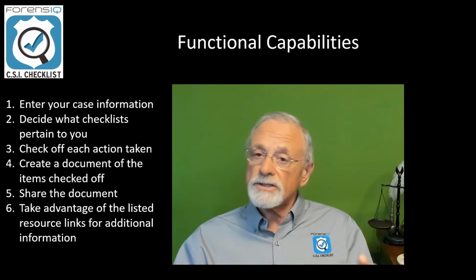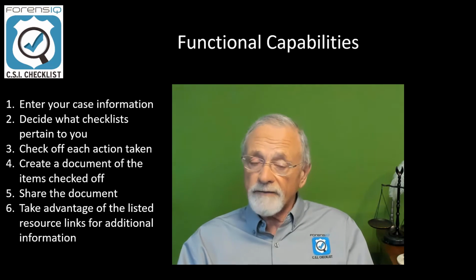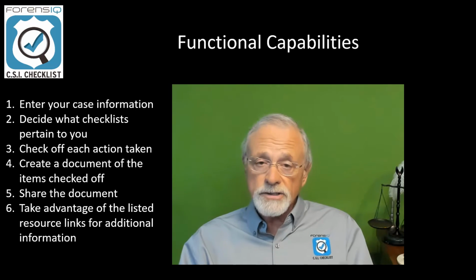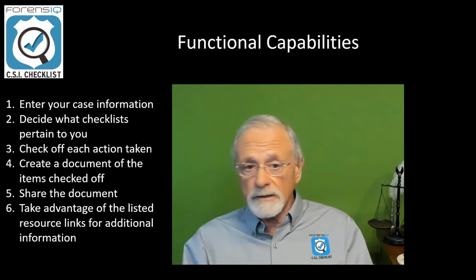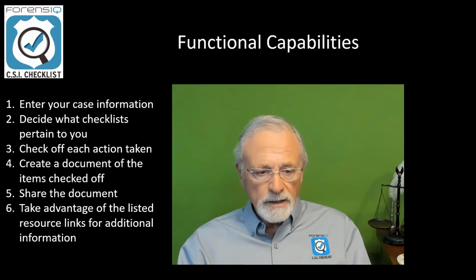Take advantage of the listed resource links that are available in the resource section of the checklist. You might, a victim, a family who's experienced